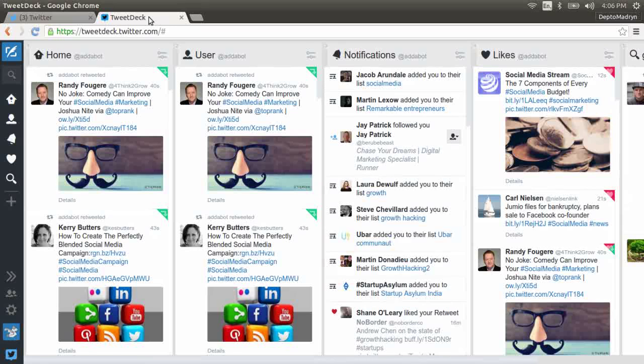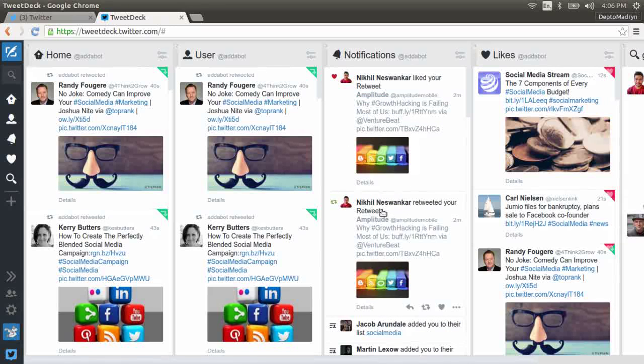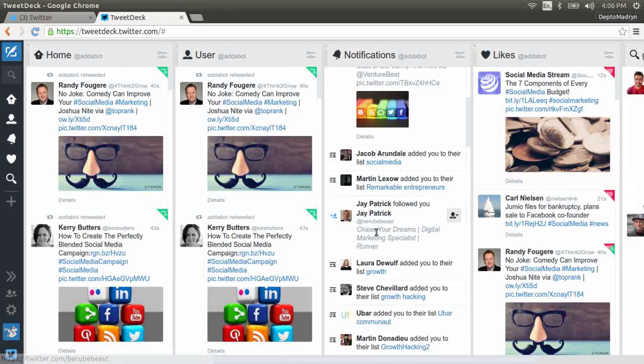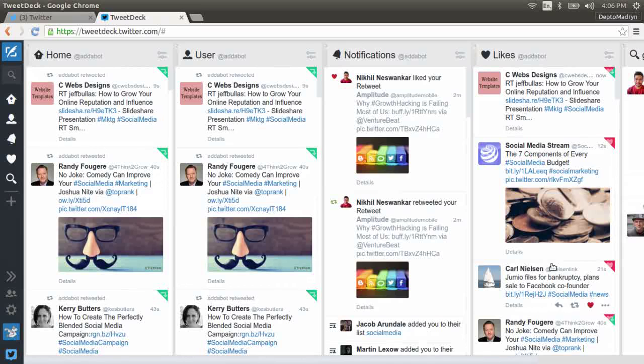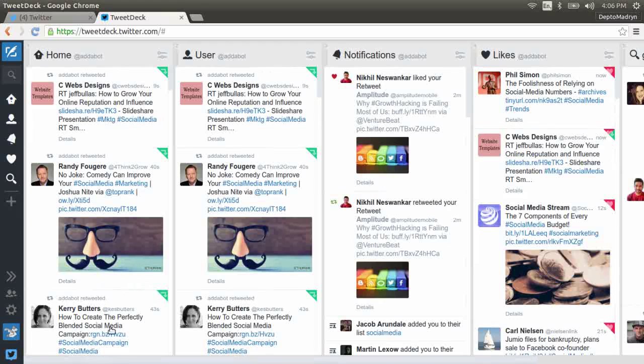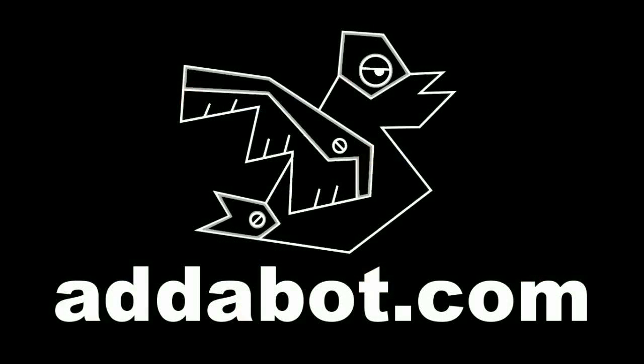On each column we have the home, the user, users' likes, and notifications. Here, in the notifications column, we can see that we have some likes, retweets, new followers and list additions. Means the automation unit is now fully functional with basic likes and retweets, and we have the knowledge to add more and more triggers and actions in order to make our automated account even more efficient when interacting with Twitter